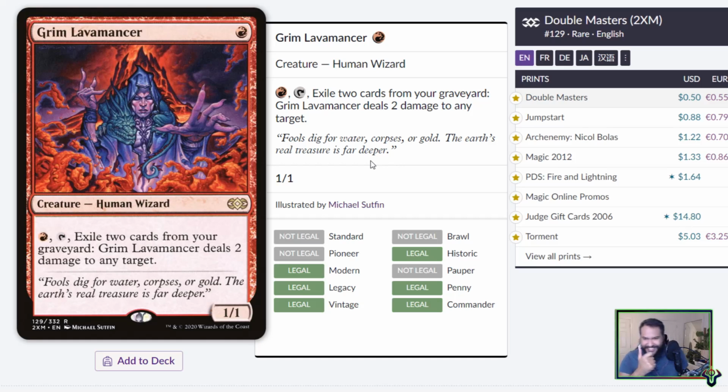I messed that up. What was the card I was thinking of? I think I was thinking of something else. Regardless, this card's not Graveyard Hate. It hits your own graveyard, but it deals 2 damage to anything. I don't edit my videos. Can you tell? Grim Lavamancer is